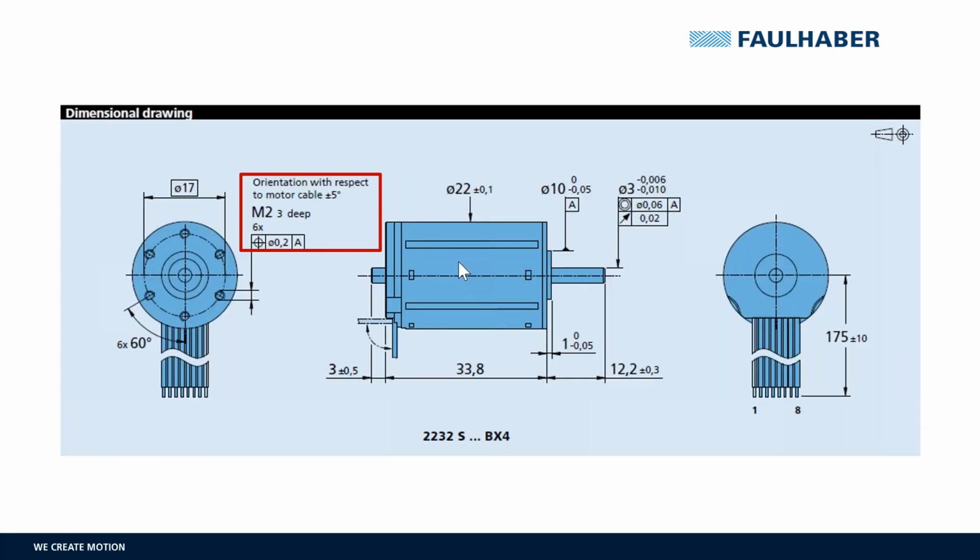On the second page of the datasheet, you will find a drawing with all mechanical dimensions. Diameter, overall length, flange details, for example. Please pay attention to the maximum screw length shown here. Screws that are longer than the indicated 3 mm may damage internal parts like the motor winding. Please check the drawing and use the right screw length for assembling the motor into the application.